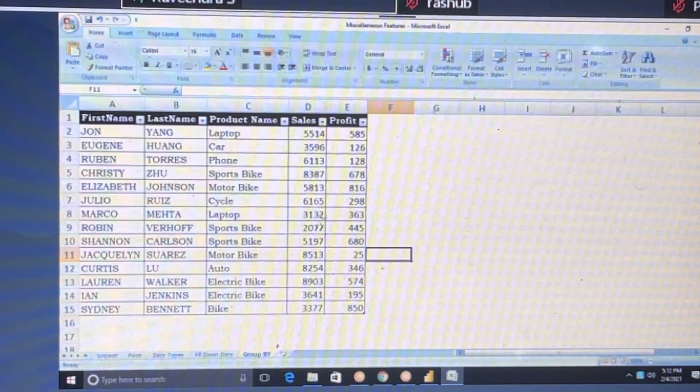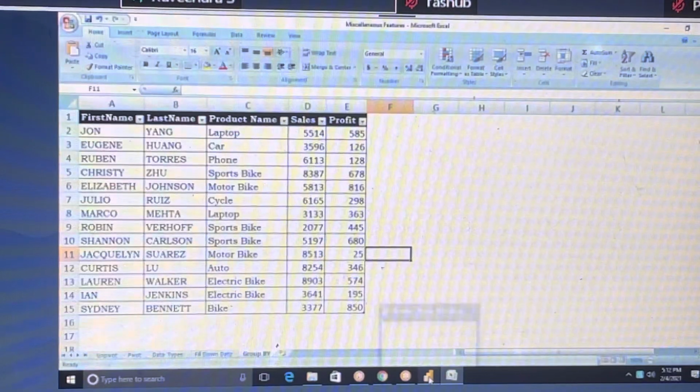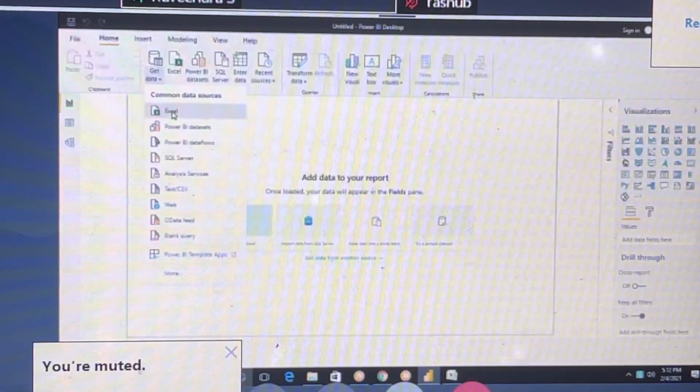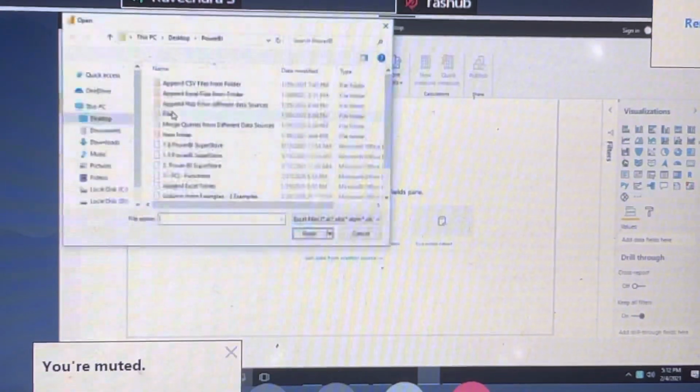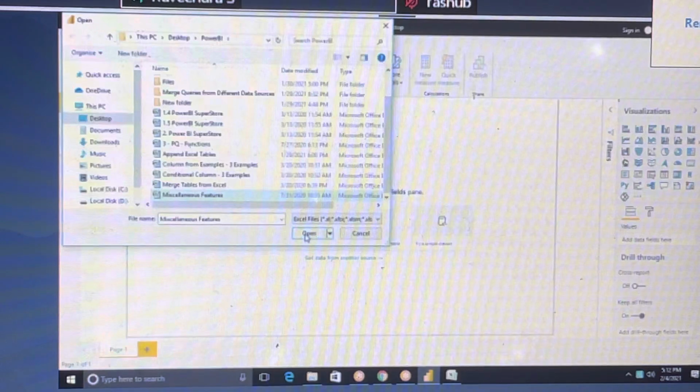So I wanted to get average sales and average profit based on the product name. How will we do that? Click on get data, click on Excel. We will have the file here, miscellaneous features.